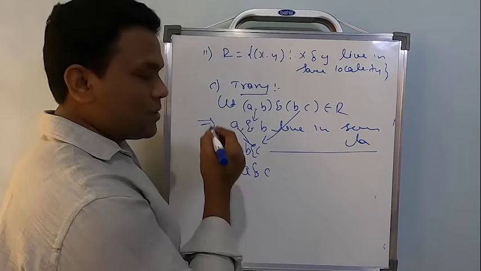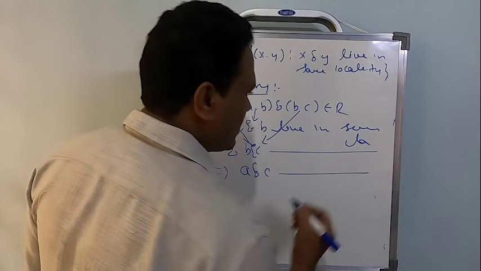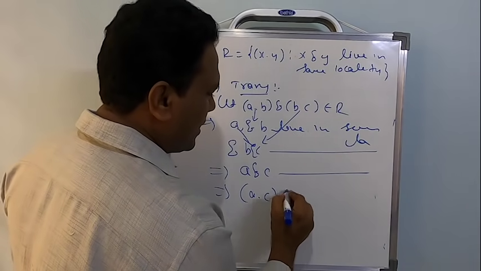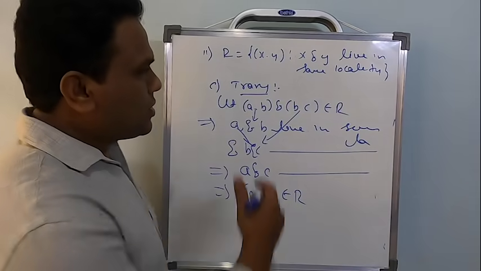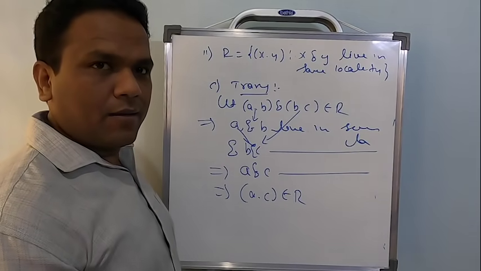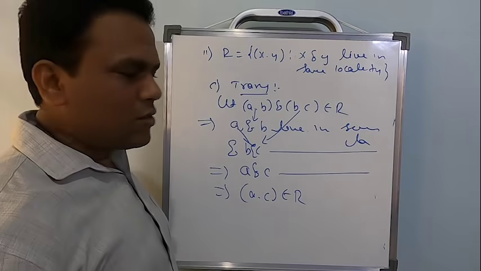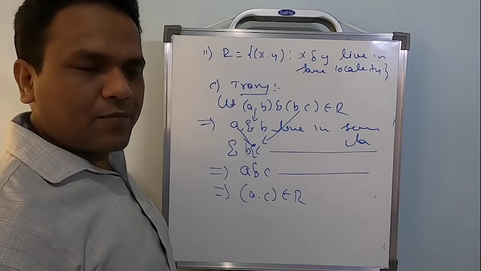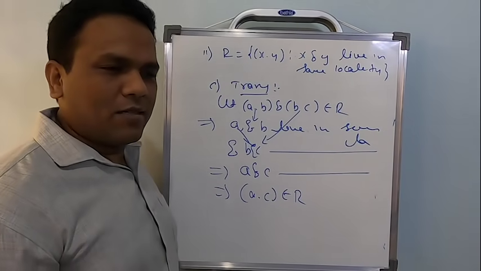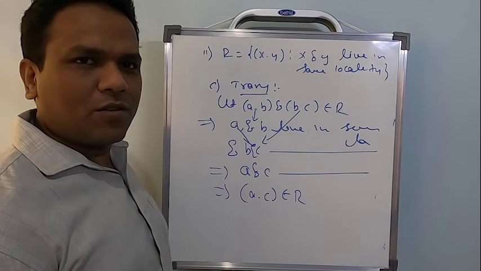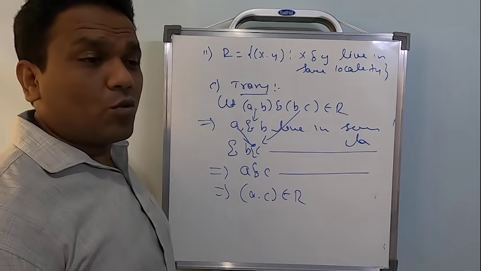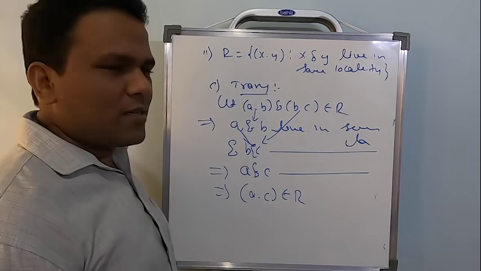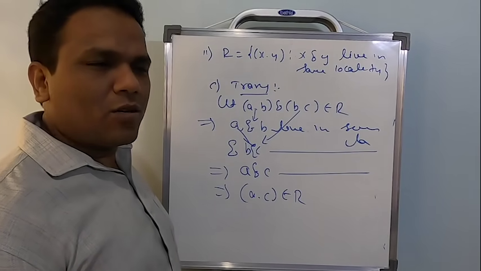Yes, all the 3 persons are living in the same locality. So A and C also live in the same locality. That says that the ordered pair A comma C belongs to R. Just notice the beginning and ending. That is quite important for us. So once you're done with this, you can easily say that therefore R is going to be transitive. If you are able to apply your logic, it's just pure logic that is needed here. No need to think too much, no need to see too much calculation. As you see, there is nothing called calculation at all here. Just logic has to be applied.